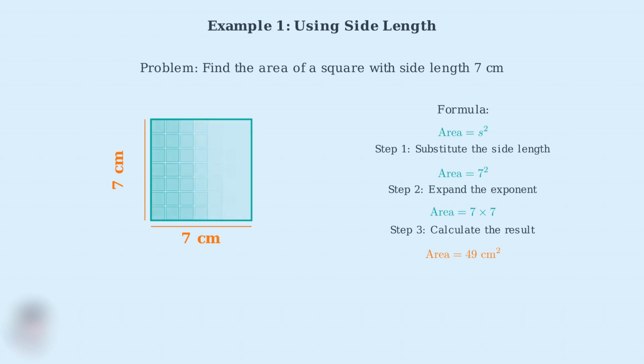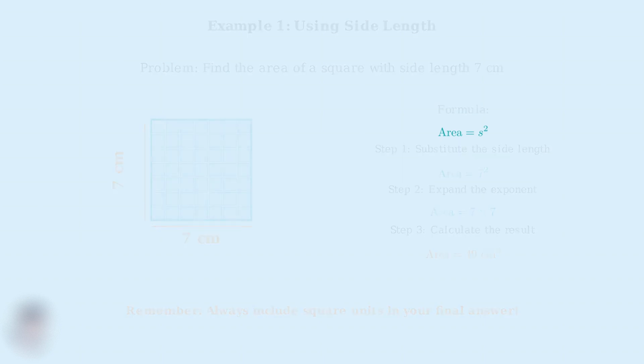To help visualize this result, imagine dividing our square into a 7 by 7 grid of unit squares. Each small square represents 1 square centimeter, and we can count exactly 49 of them. This visual representation helps us understand why the answer is 49 square centimeters. The key takeaway is to always remember to include square units in your final answer. This tells us we're measuring area, not just a regular number. Now that we've mastered finding the area using side length, we're ready to explore more complex examples using different given